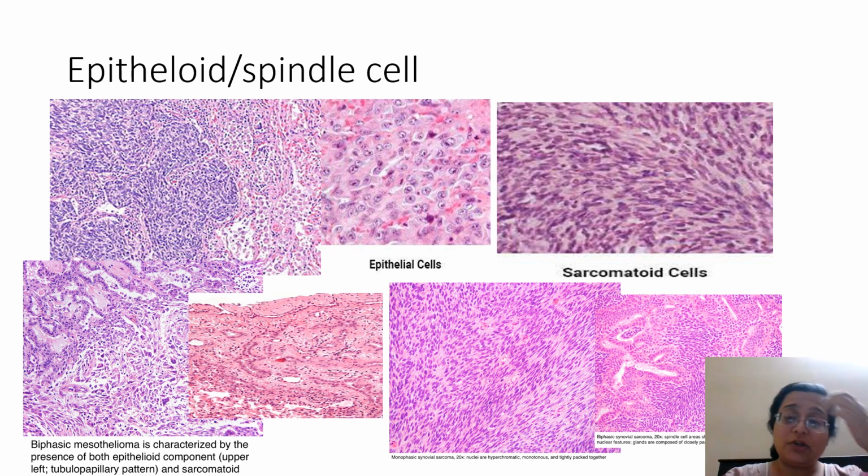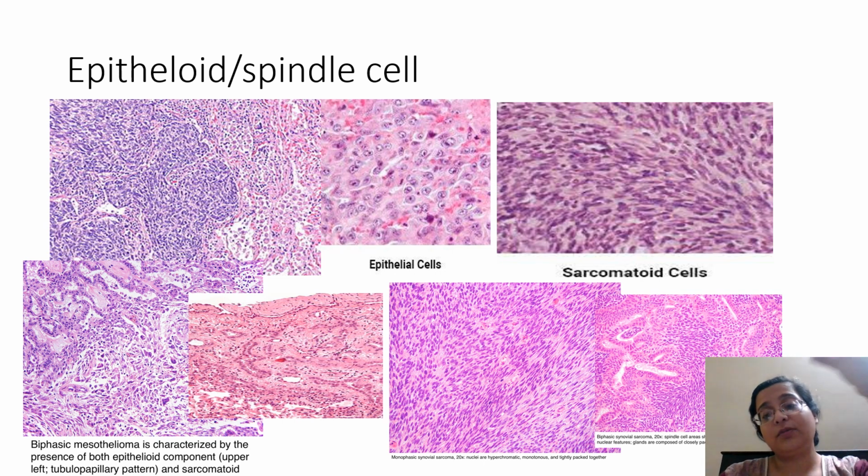Then sarcomatoid cells. It is quite common for mesotheliomas to have a sarcomatoid component, and for squamous cell carcinoma of the lung to also have a sarcomatoid component. SFTs in the lung, again mediastinal, can have sarcomatoid features. These spindly cells can be there. Neural origin tumors can appear sarcomatoid. And compare this monophasic appearance with this biphasic appearance in mesothelioma. You get these papillary, gland-like structures, and these sarcomatoid spindly structures.